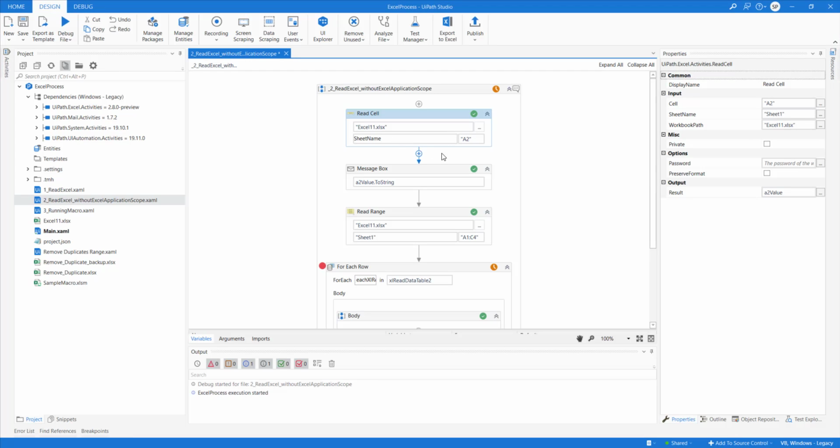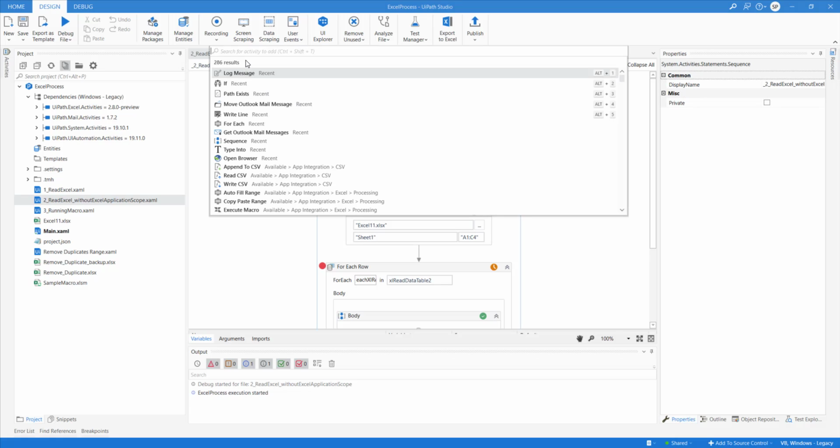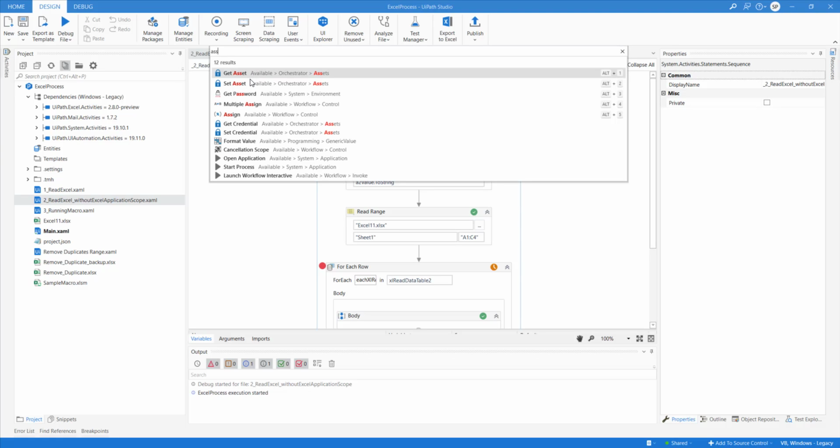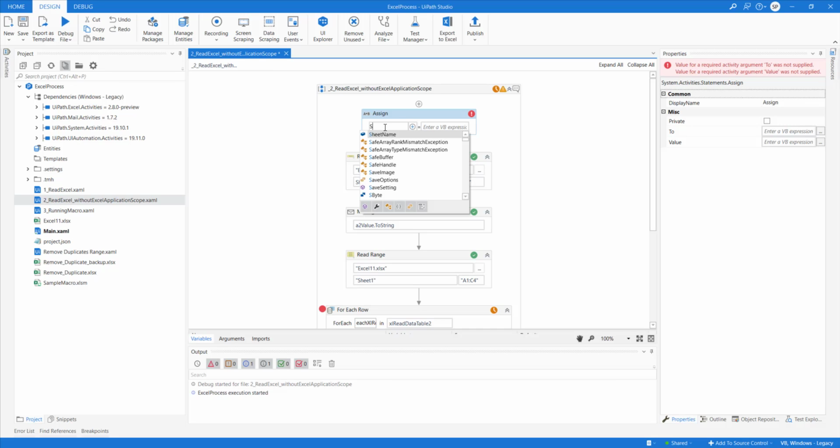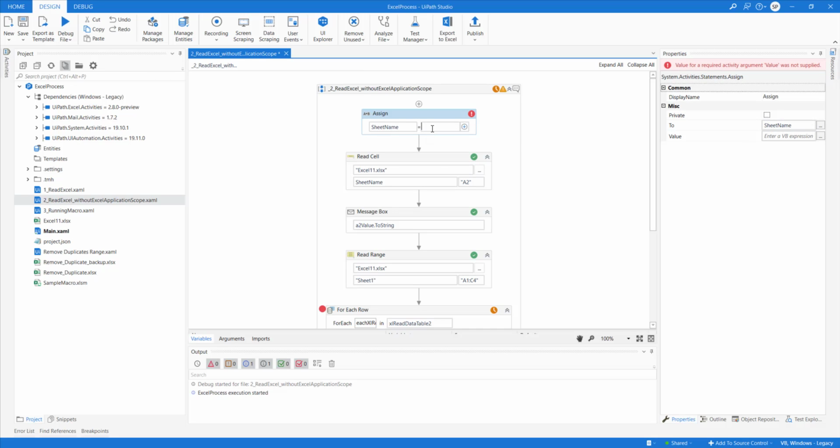And then you can pass this, and before reading, you can assign some value to it. As it will be dynamic, you can create logic here so that sheet name always contains the first name.